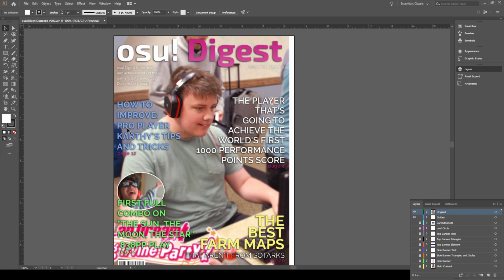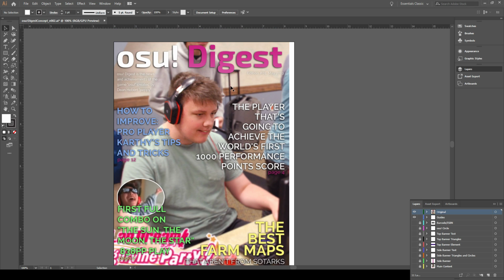Now, again, props for contrast, because it is very readable in most places. Indifferent towards the drop shadow. These little bits of text are quite difficult to read. The drop shadow helps, but there's probably a better way, whether that's making the font bolder or putting it in black, or choosing a better photo.